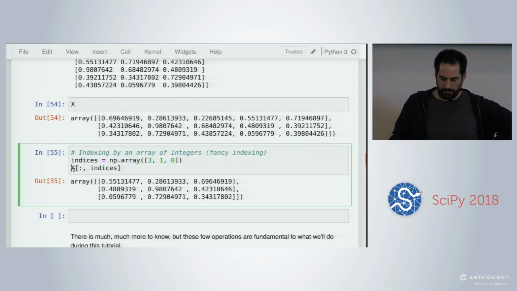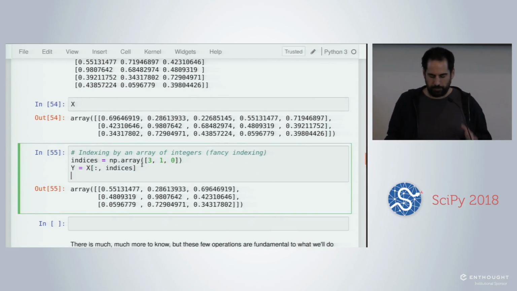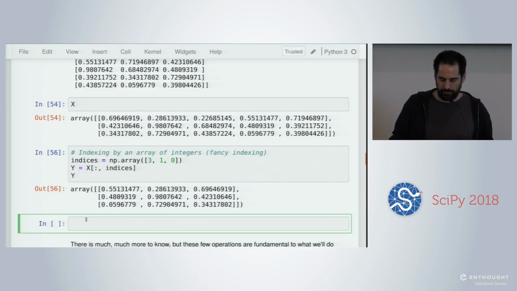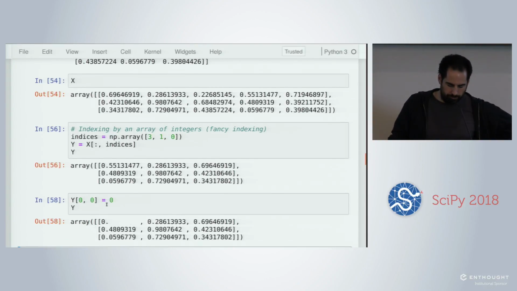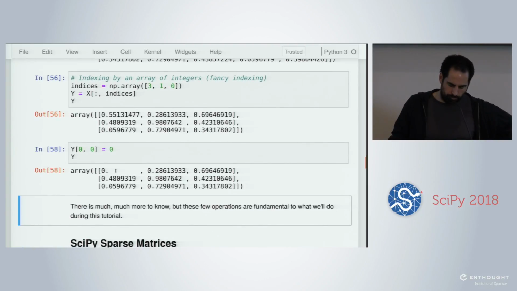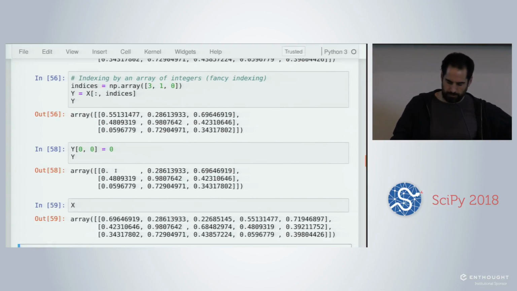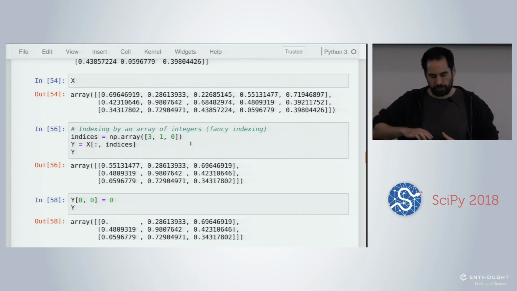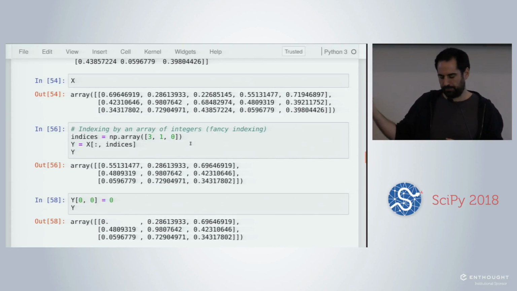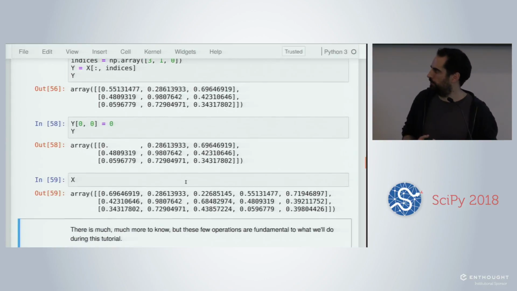So you see, the first here is the third column. It's the fourth column because we start at 0. Column number 3 is taken as the first column in the output, this column is taken as the second column, and then the first column is taken as the third column here. Here we have 3, 1, 0 because we printed it here. Maybe I can remove it, it's going to be easier to see. So when we do that, we make a memory copy. When we do a reshape, it's just a new view on the same data. And here we are forced to make a memory copy because we are completely rearranging the data.